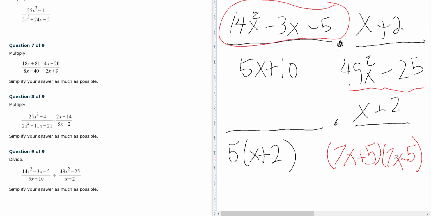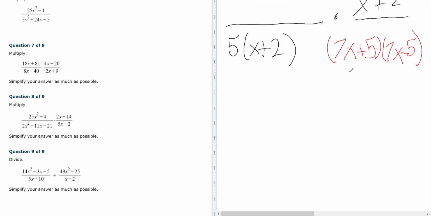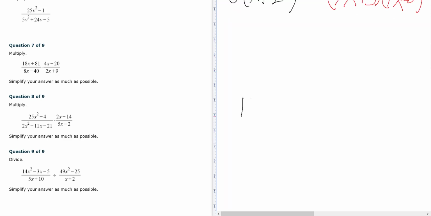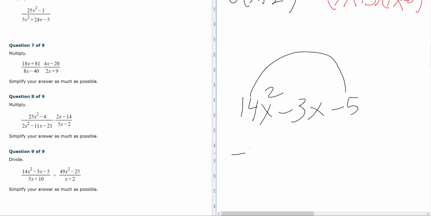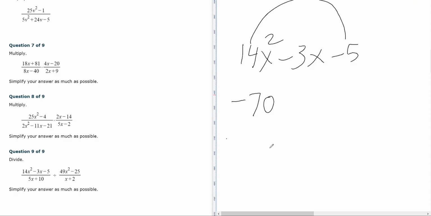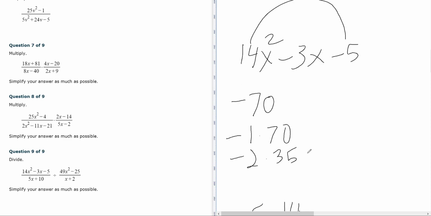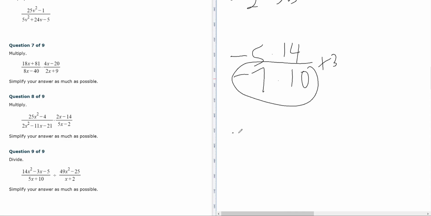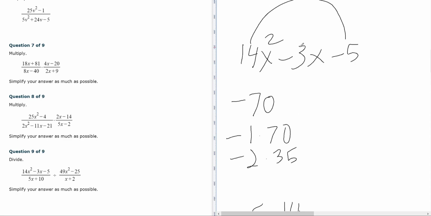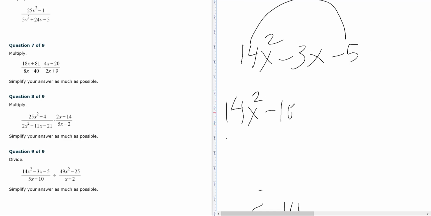I'm probably going to have one of these. I don't know for sure, but I'm probably going to have one of these. So I'm going to go ahead and factor that down here. 14x squared minus 3x minus 5. That is negative 70. So the factors of negative 70: negative 1 and 70, negative 2 and 35, 4 won't go, negative 5 and 14, negative 7 and 10. Now look, that gives me plus 3, but I need a minus 3, so I know it's negative 10 and 7. So I'm going to split my 3x into 14x squared minus 10x